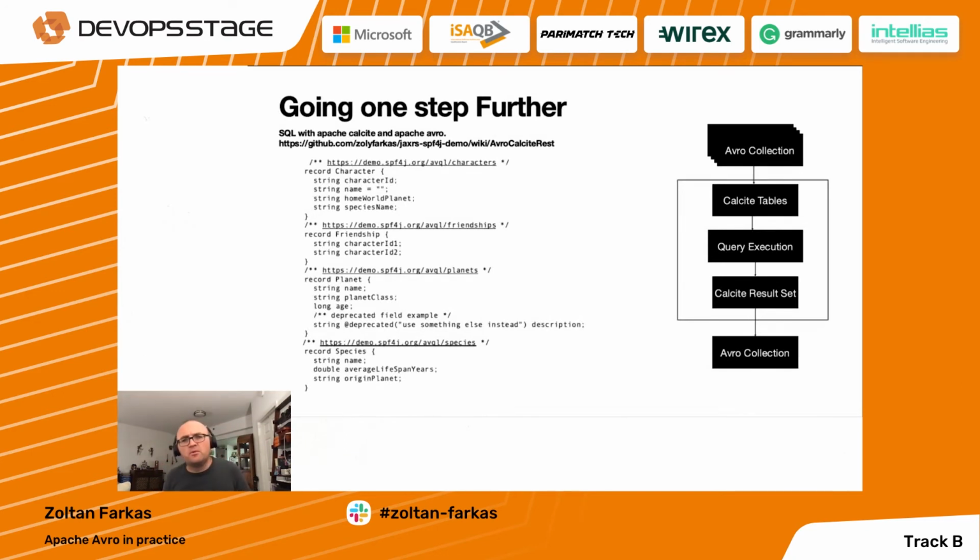consider is using a SQL engine. I say that because when you go ahead and implement your requirements, it will feel like implementing a SQL engine anyways. So it might help if you start with one. One of the options you have is Apache Calcite, where with a small amount of integration work, you can plug in and adapt your Avro resource data as Calcite tables, and then translate the query result set into an Avro collection array